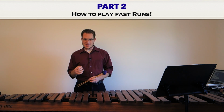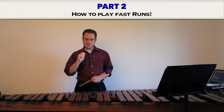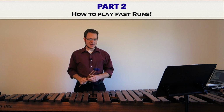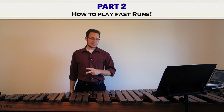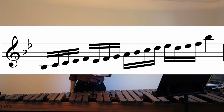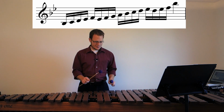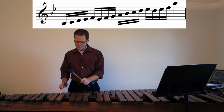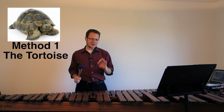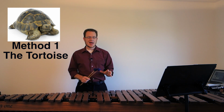All right, so let's assume that you have fixed your stroke, you have really beautiful and excellent technique, and you're ready to start learning some fast runs. There's two main methods of learning a run. Method number one, I like to call the tortoise, and method number two is the hare. We're gonna take this B flat run right here. All right, now using the tortoise method, you play the entire run very slowly with the metronome,